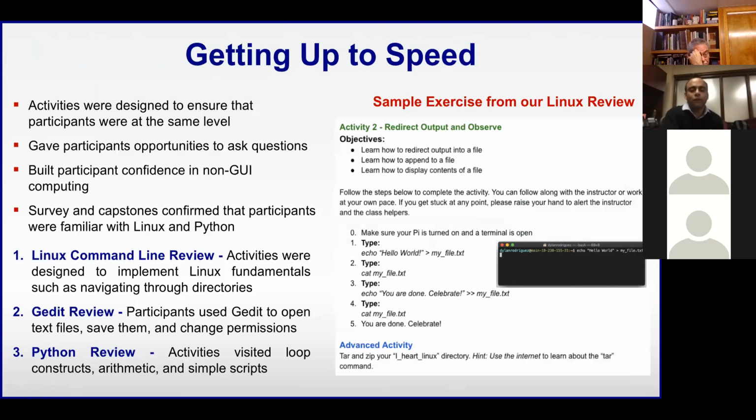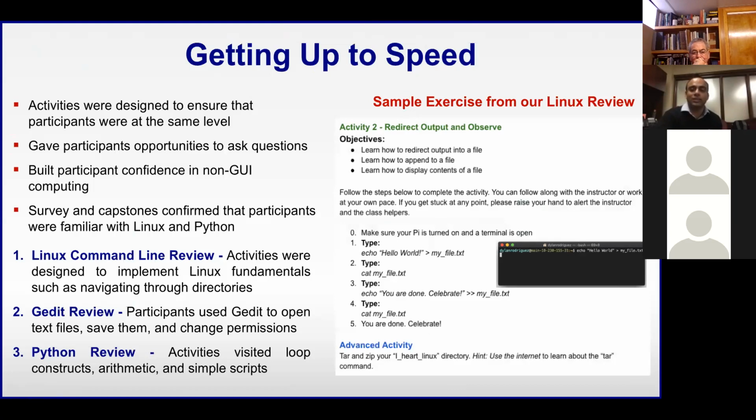And we definitely wanted to build confidence in these students, get some people who are highly talented, but they may be shy or they may not be used to the environment. So we divided the 5-day program into 1 day of just getting to know each other, revising all the material everybody should already know. So we used a set of exercises that brought them up to speed on Linux, on using a text editor such as gedit, and we reviewed basic programming constructs in Python.